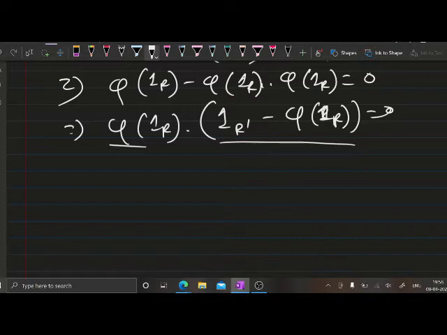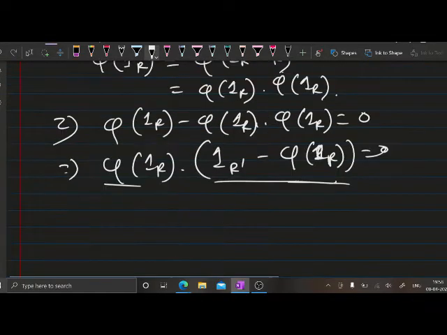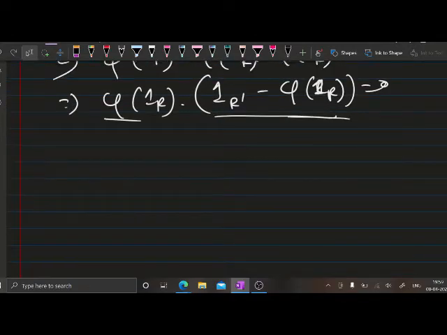Now to make one of these 0, we need to assume that R dash should be an integral domain, right? So if R dash is an integral domain,